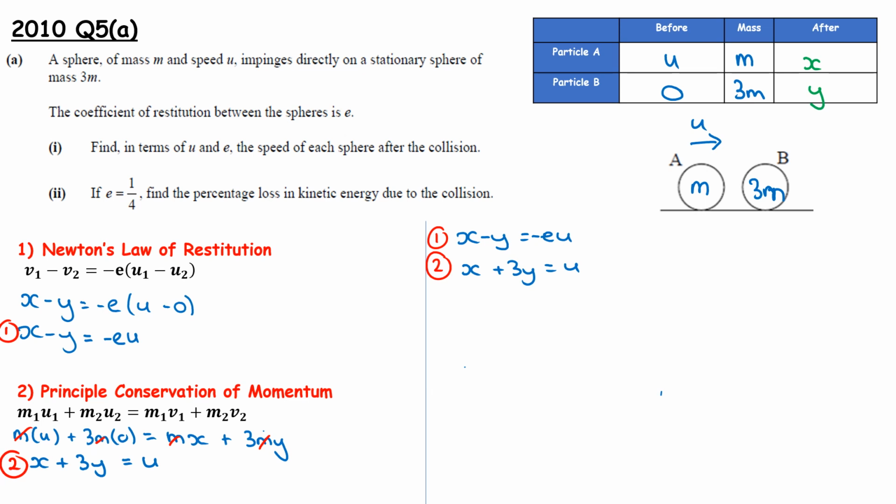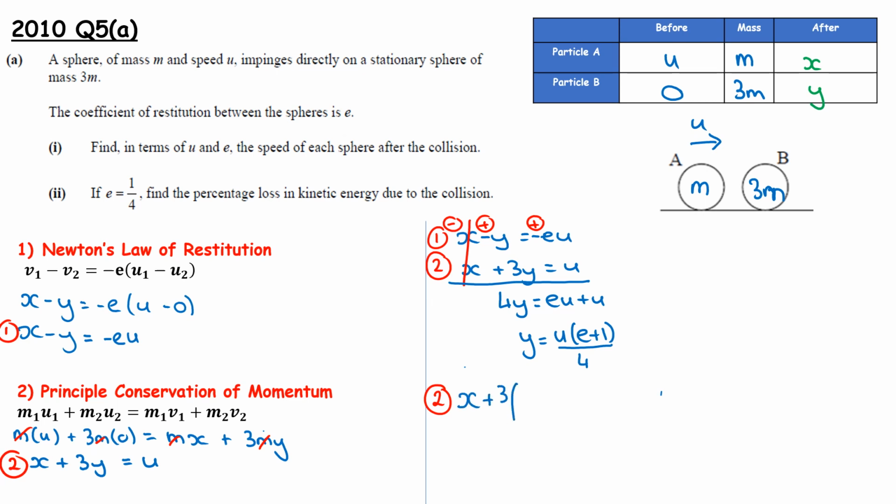I'm going to change the signs up above, so minus, plus, plus, and the x's eliminate. So 4y equals eu plus u. So y is equal to, I'm going to pull that u out in front, e plus 1 all over 4. I'm going to sub it back in. I'm going to take equation 2 because that hasn't got an e. And I have x plus 3 times u(e plus 1) over 4 equals u. So x is u minus 3 over 4